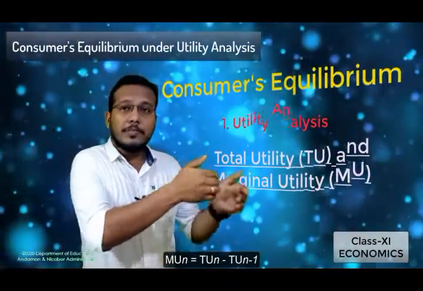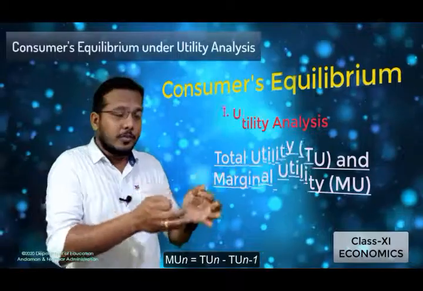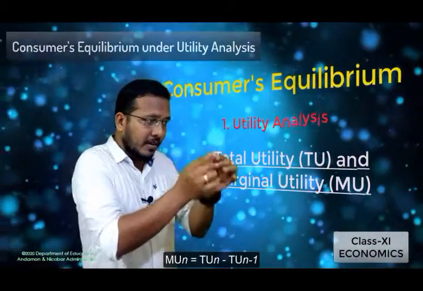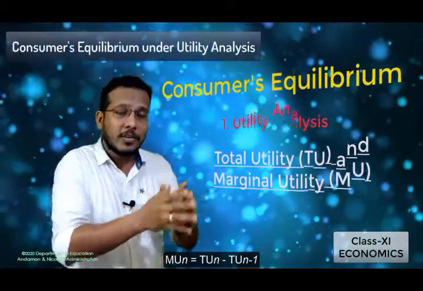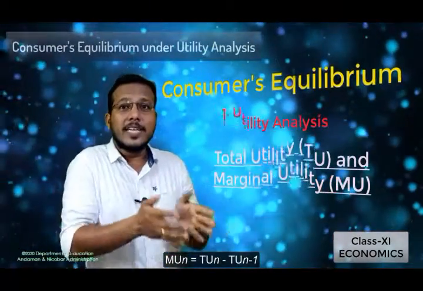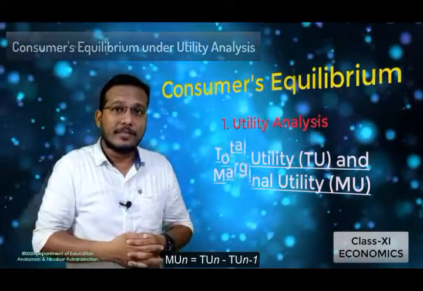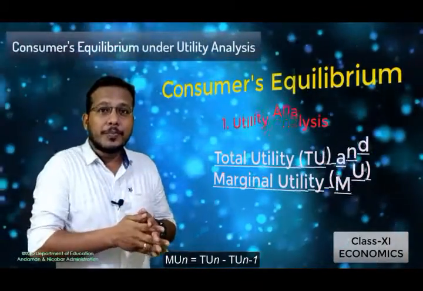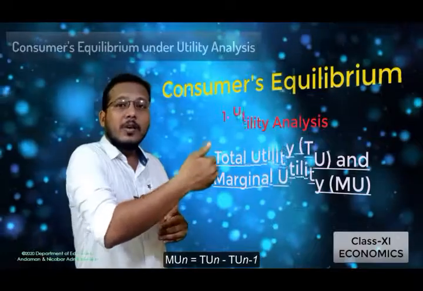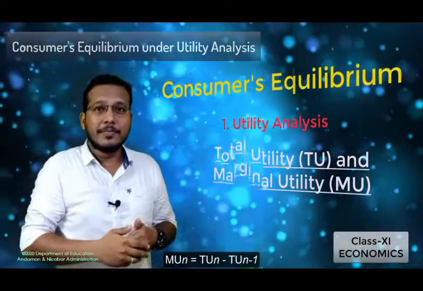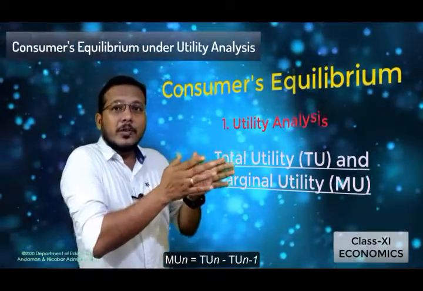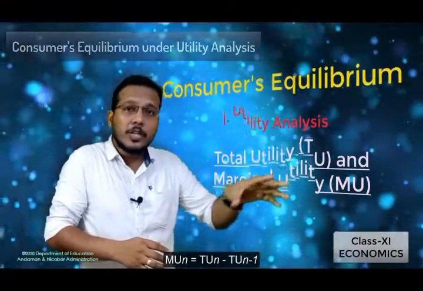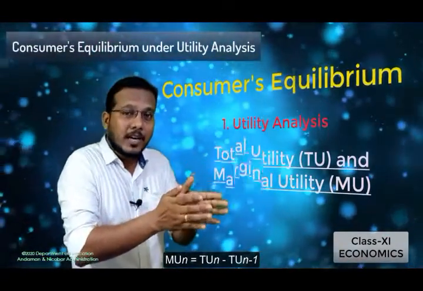So students, based on the previous example, as I told you, when a consumer consumes 2 bananas, from the first unit he is getting 10 utils and from the second unit he is getting 8 utils. So here, when you want to find the value of MU of the nth number, that is the MU at the second unit, at that time we need to get the value of TU of the second unit. That is, by using both the units we have to get the value of total utility.